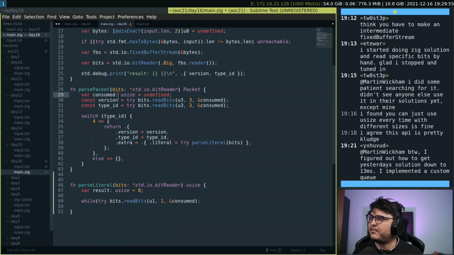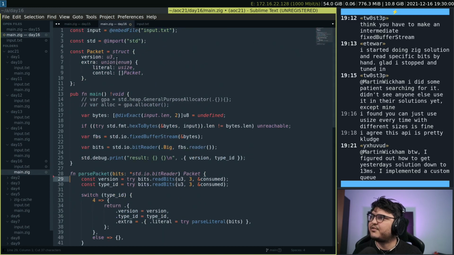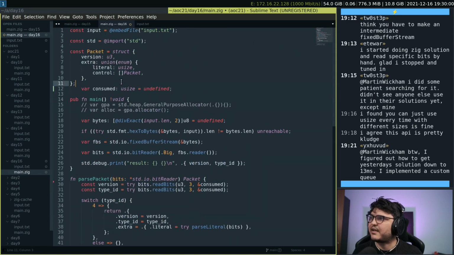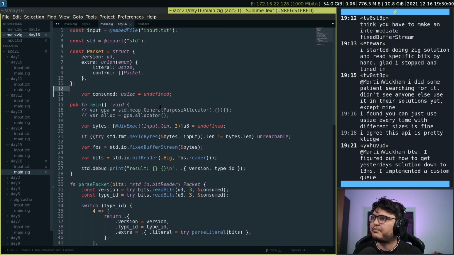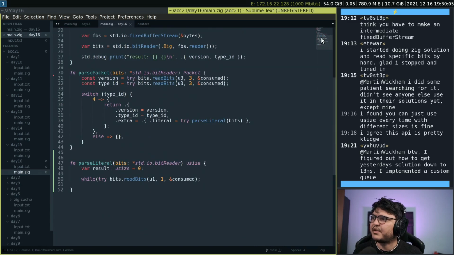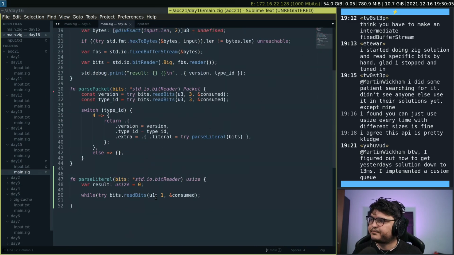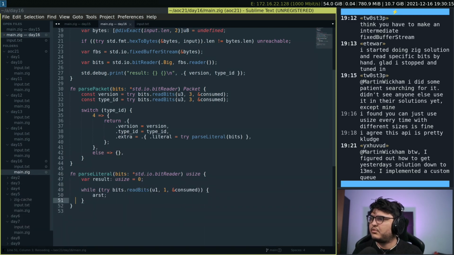Also consumed, I think we can make it like a global. We really don't care about this consumed. I think this is a problematic part of the API or something, I don't know. So we read 1 bit, and while this bit is 1,